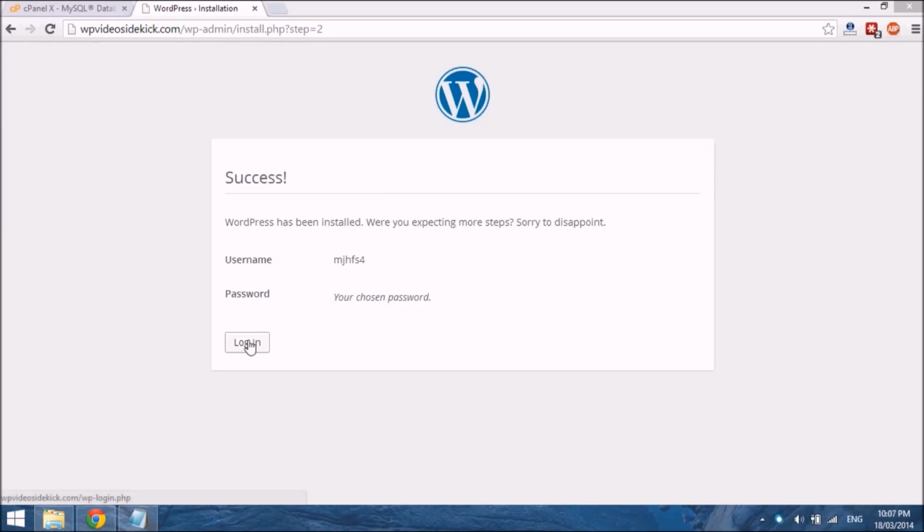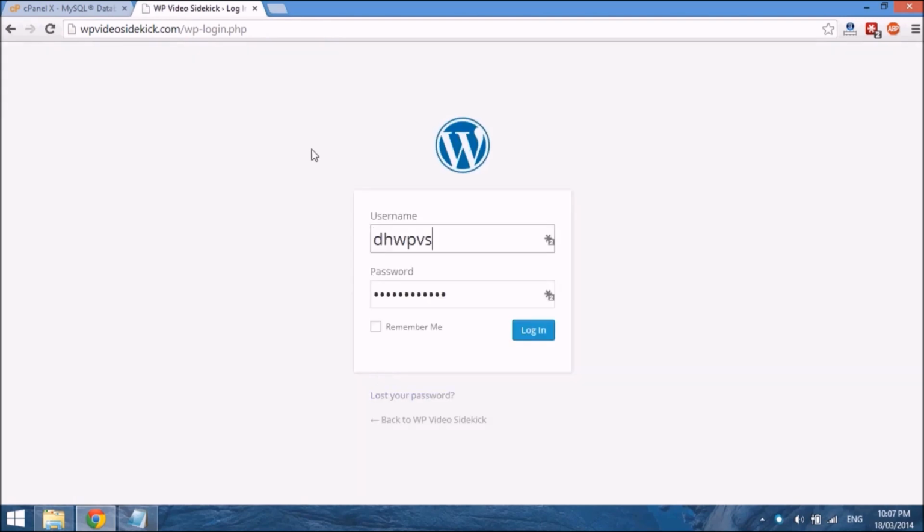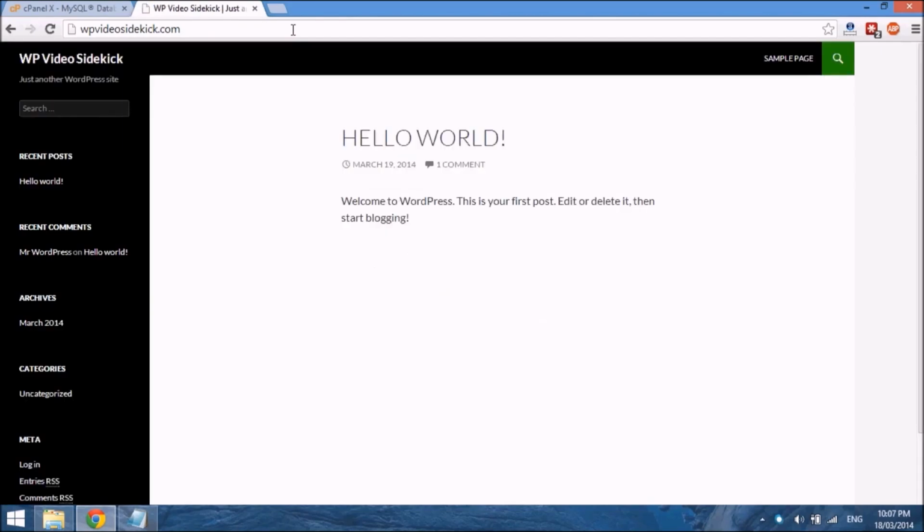And if you just click the button that says login, it will take you to the login page, login to your site, but I'm not going to do that just yet. I'm just going to go back to the home page of our site, and now you can see that instead of the message that we had there, which was pretty much blank,